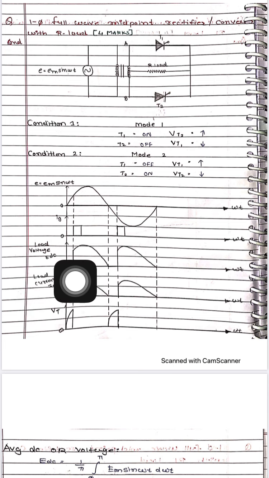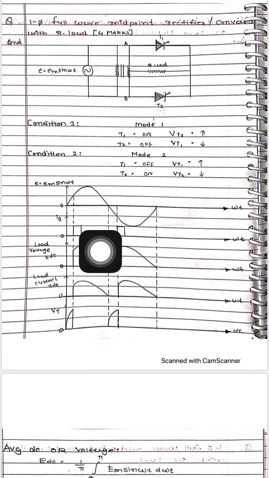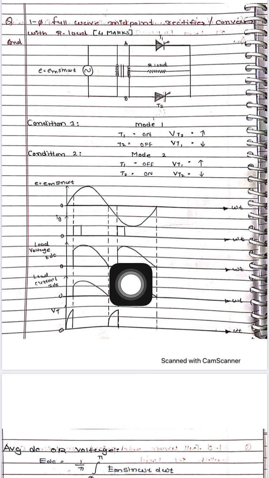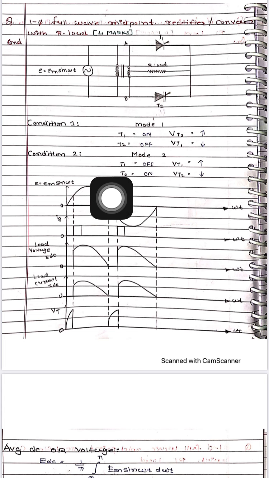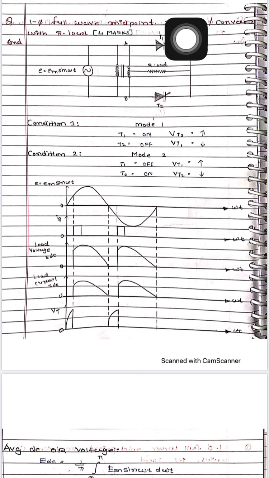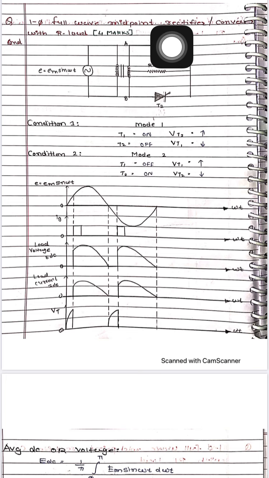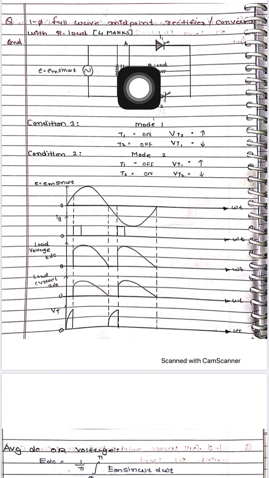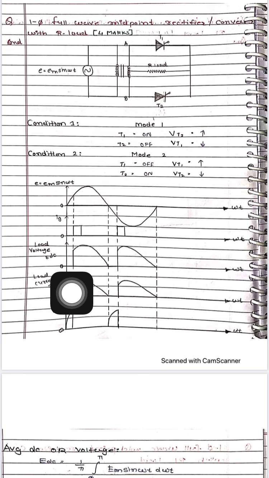Now the voltage across the load. As I told you, when T1 is on where alpha is equal to 30. Here is 0, here is 180, here is 360. So between 0 and 180 there is 90, and alpha is equal to 30 is over here. Before alpha is equal to 30, what will happen? There is no current that will flow from T1, but still a voltage appears across it. So from 0 to 30 degrees, the voltage which appears across the load is 0, as mentioned over here.